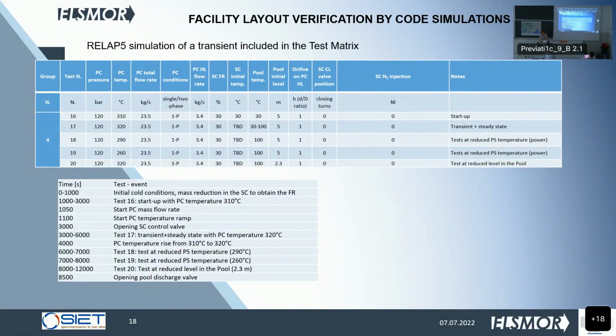Just an example of what they simulated. We have a test matrix. I will speak about it later, but a test matrix is a list of tests to be performed in the facility. So here I report an example of results of the calculations that ENEA did that concern a test